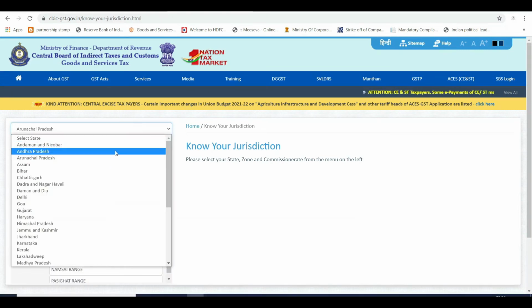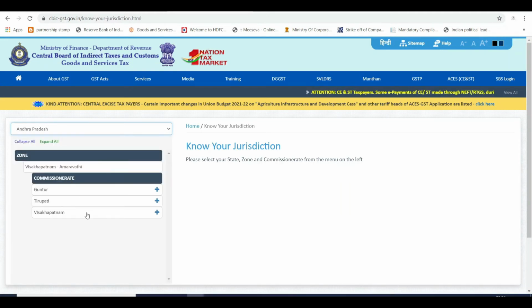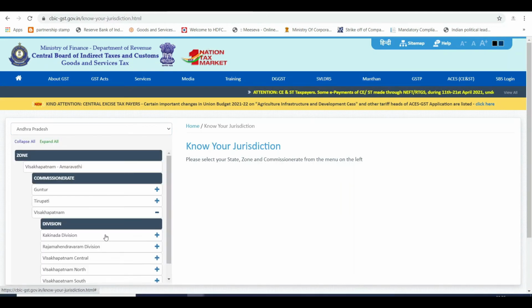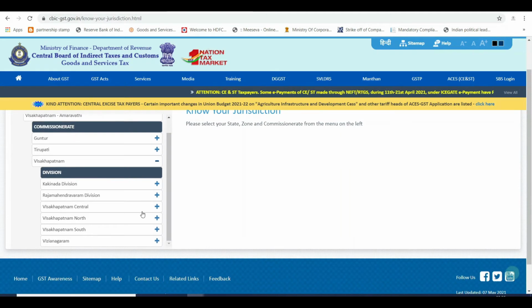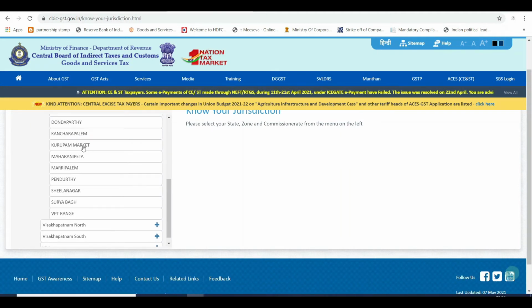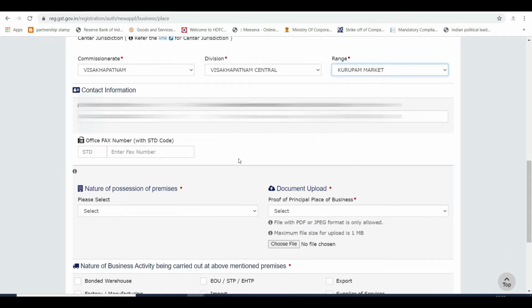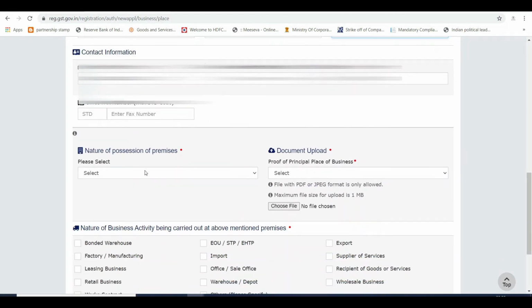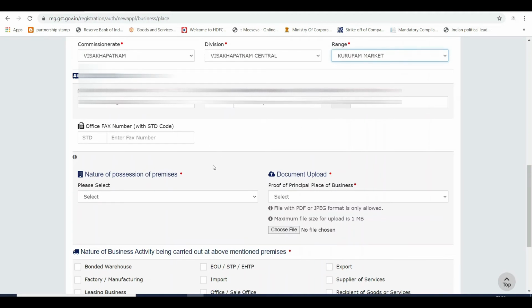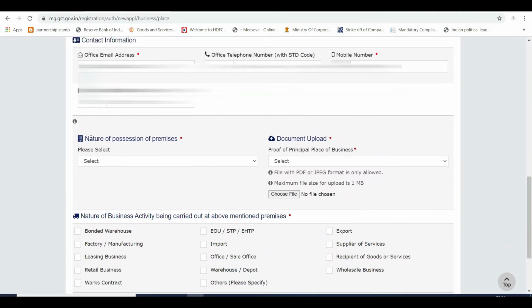From that, you will be able to find your division as well as your range based upon your door number and municipal ward. So you'll have to select the respective range. Then the main thing here is the nature of possession of premises, which has to be clearly mentioned.